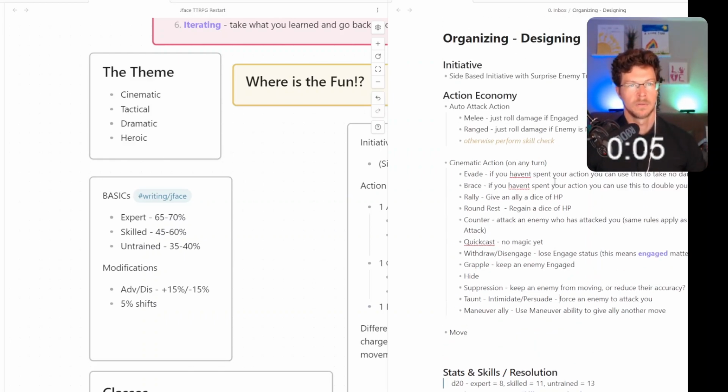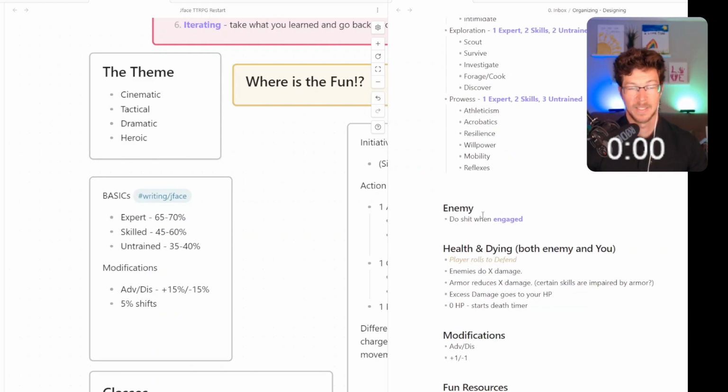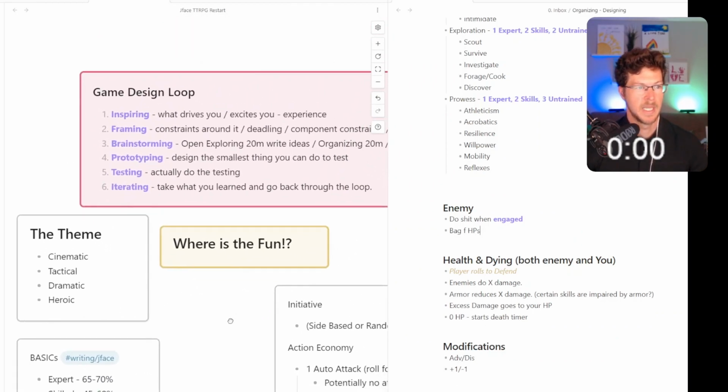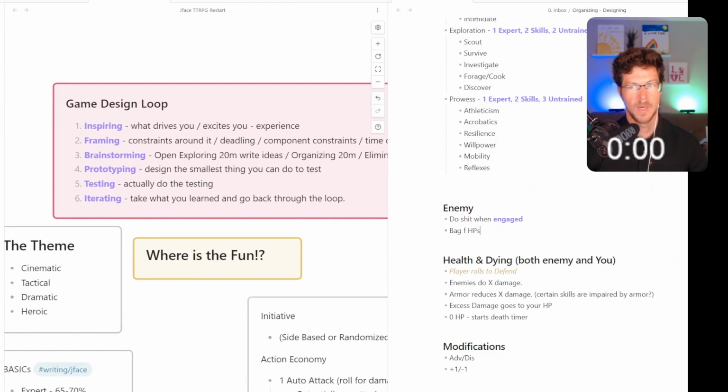But this feels good. This feels better, right? There's a lot of cinematic actions. Oh, timer's done. All right, we're done. So we've added everything we can at this point in time. I will probably flesh out enemies in some shape, way, or form, because at this point they're just a bag of HP. All right, the next action that I'm supposed to take in this process is elimination. Get down to as few ideas as possible. All right, reset this timer, and let's get going.